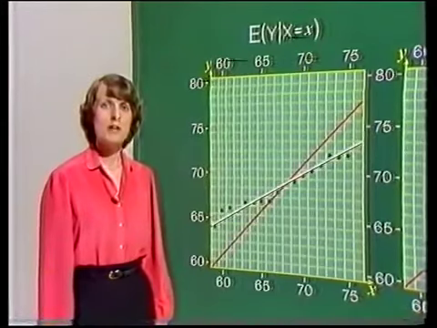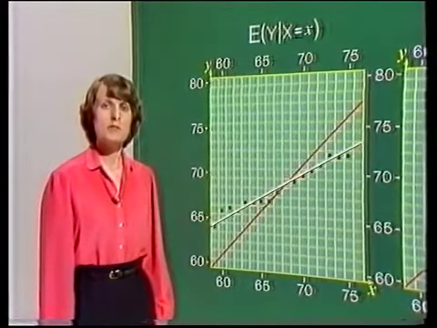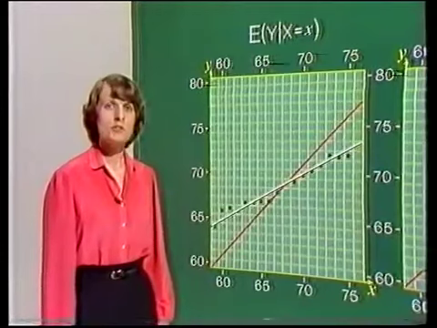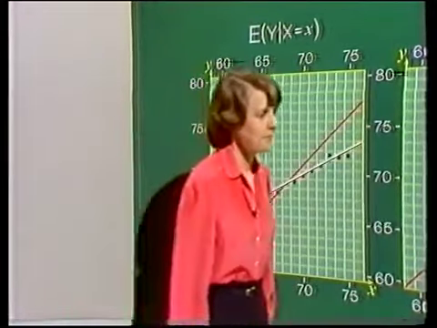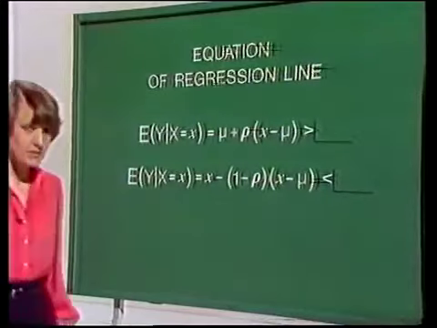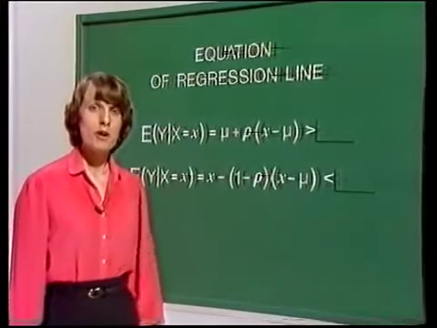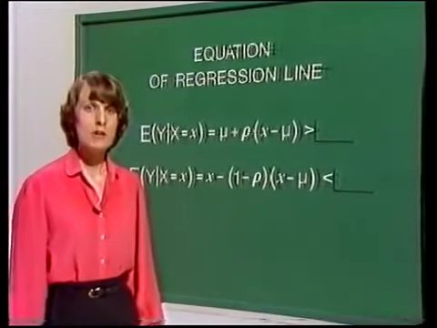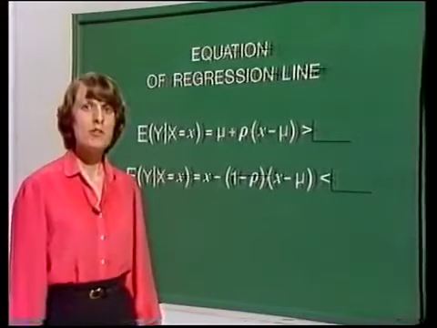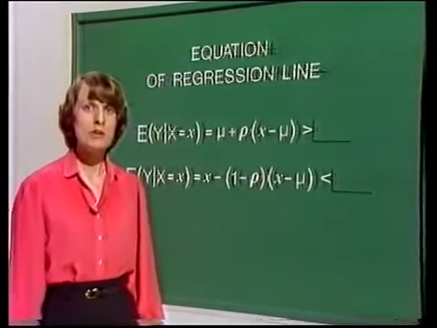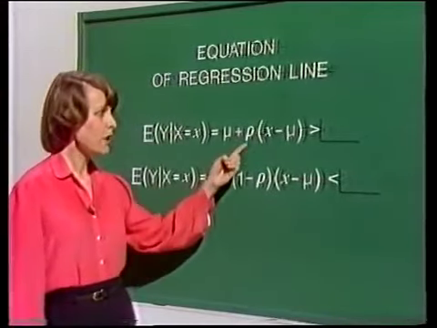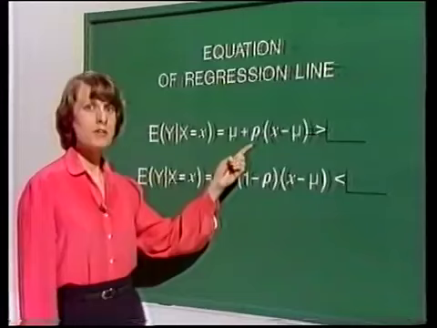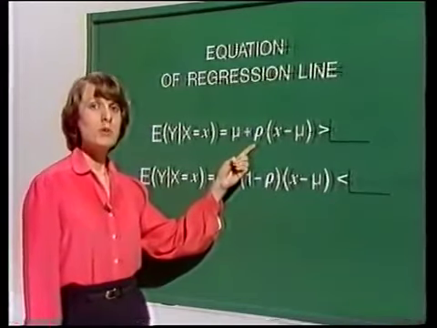The term regression is now used to mean the expectation of y given x, which, if the distribution of x and y is bivariate normal, is, as we have seen, a straight line. Before the programme, you showed that when x and y have equal means and equal variances, the regression of y on x can be written in either of these two ways. In this particular case, rho, the correlation, is the slope of the regression line,